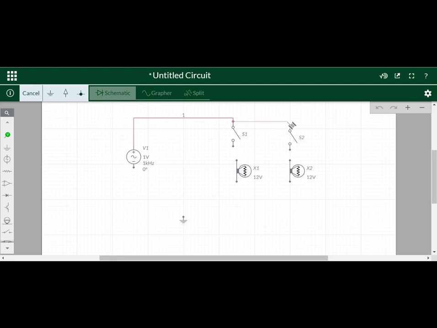Now we are connecting the two parallel loads. If any extra wires come, we can press escape so that the extra wire will go away.